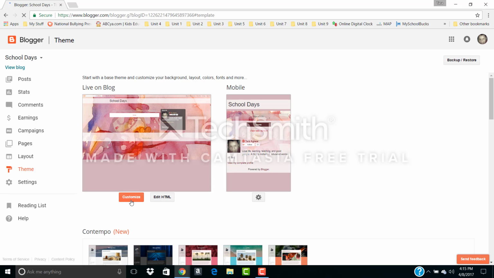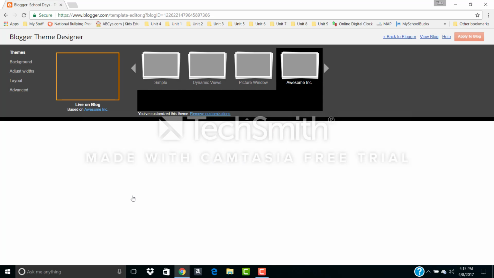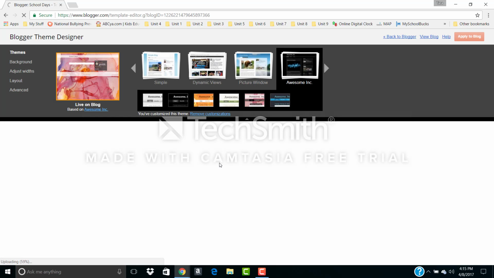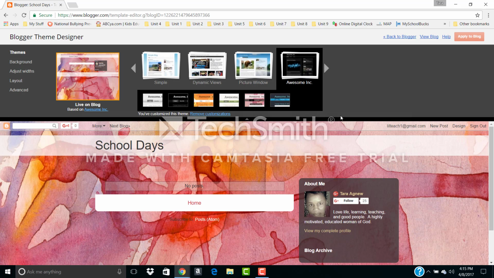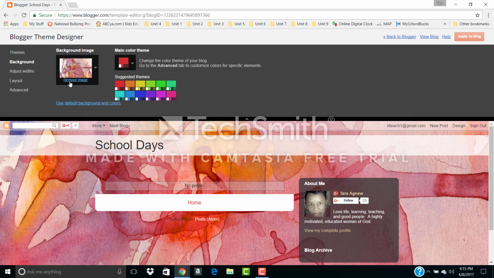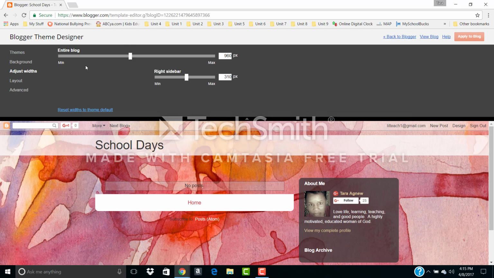If you want to customize it, you can go ahead and click on customize what you've chosen, and it'll give you a bigger layout. You can choose how you want the layout to look. Again, if you are not satisfied with what you chose, you can go back to the background, choose a different color for the background. If you don't like the color that's automatically created, you can adjust how wide